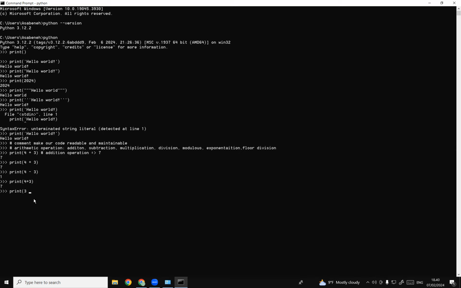Print 3 times 4. By now, you may already expect the result, and it's 12, right? And print 4 divided by 3. I think it's about 1.3 or something. Yeah, as you can see. Now maybe print, how about this, maybe 4